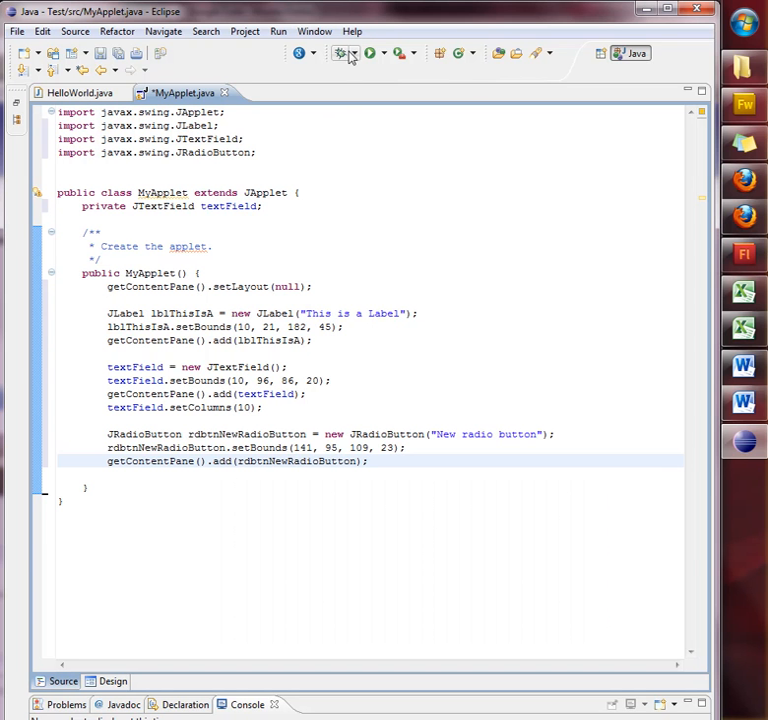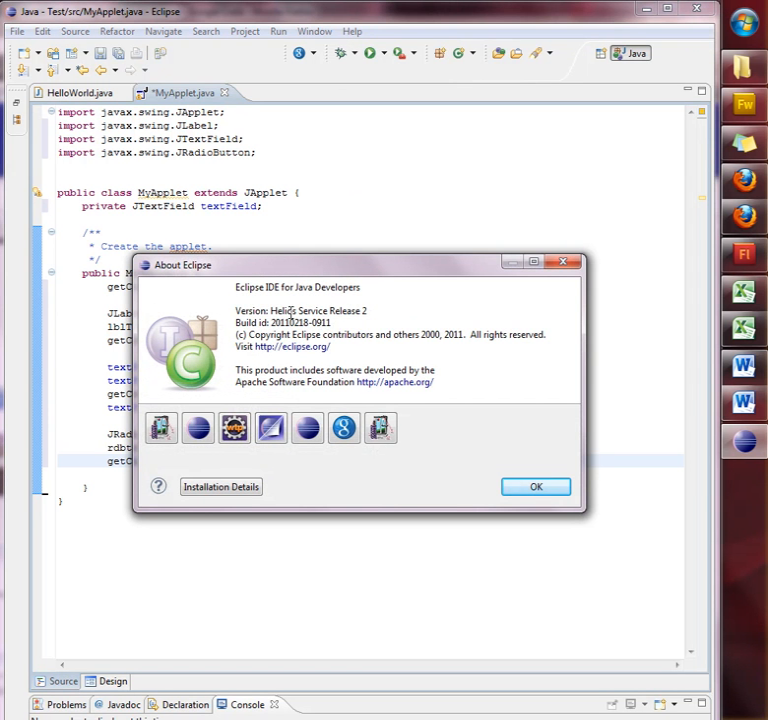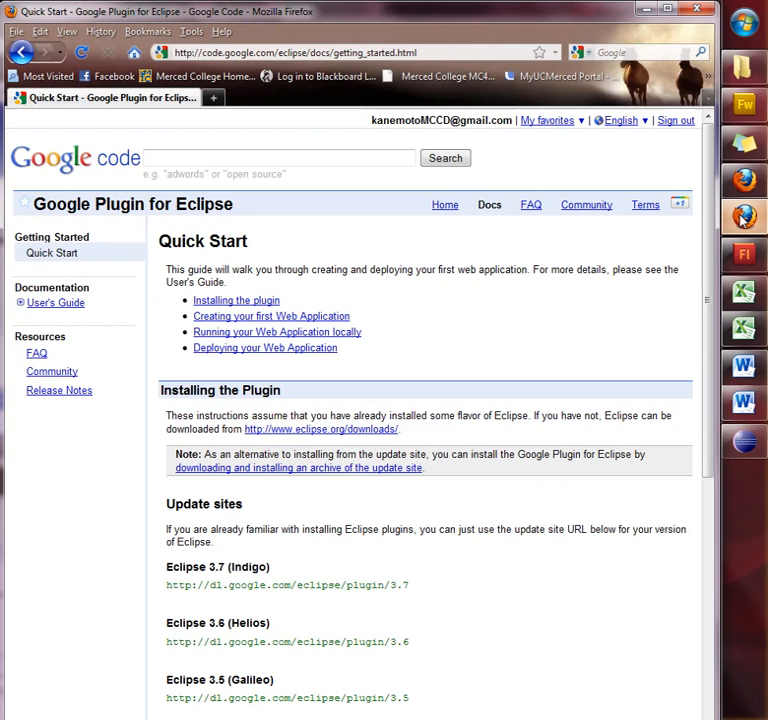Okay, so first things first, I've got to figure out which version of Eclipse I have. So I'm going to go to Help, and I can look at About Eclipse, and I can see that I'm running the Helios. Okay, you might have a different version on your computer. And now I want to go to